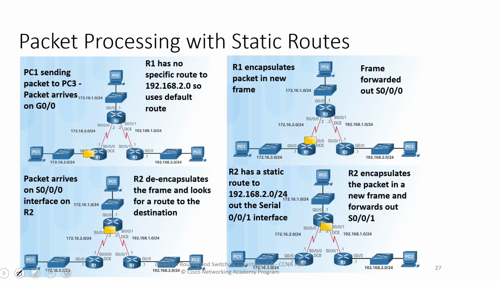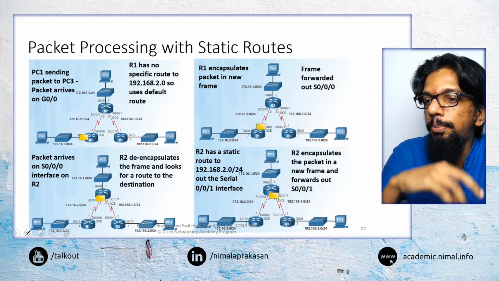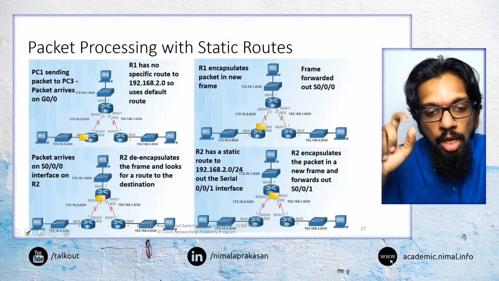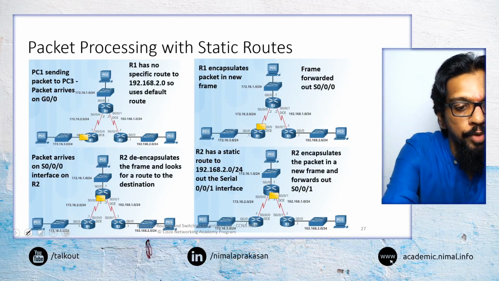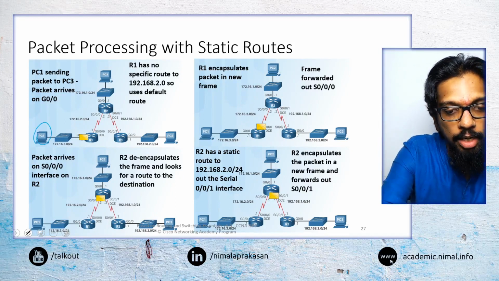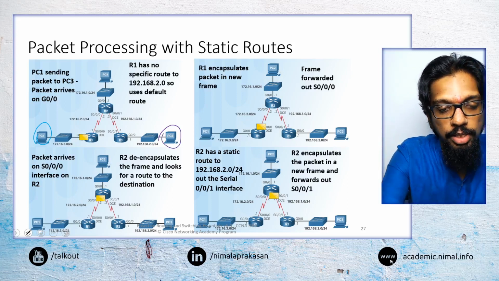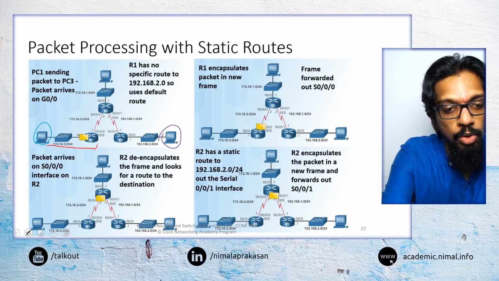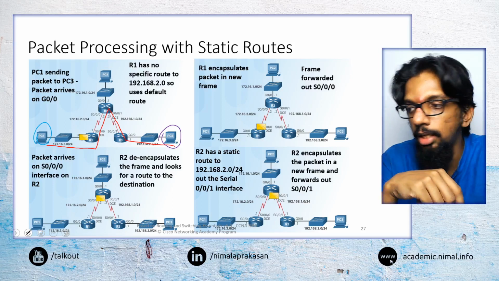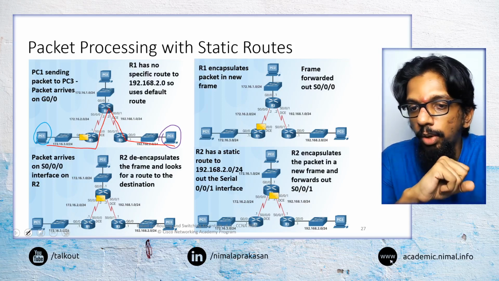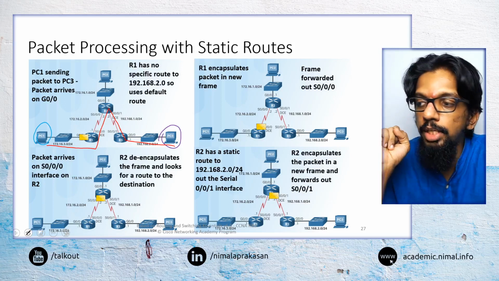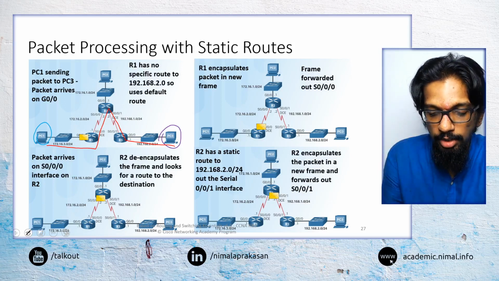Now we will briefly look at what happens when a packet arrives from a computer to a router and how static routing will handle these packets passing through different routers. Here we are starting from a scenario where PC1 is sending a packet to PC3. The traffic is going to flow through router 1, router 2, router 3 and to the device. That is the pathway we are going to look at, and we are going to see what each of these routers is doing in terms of the packets.